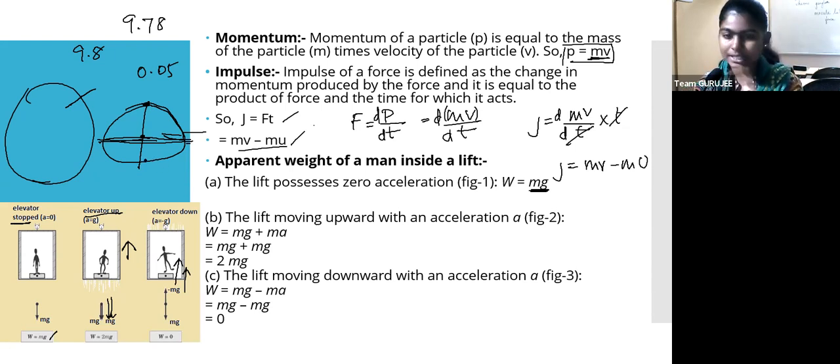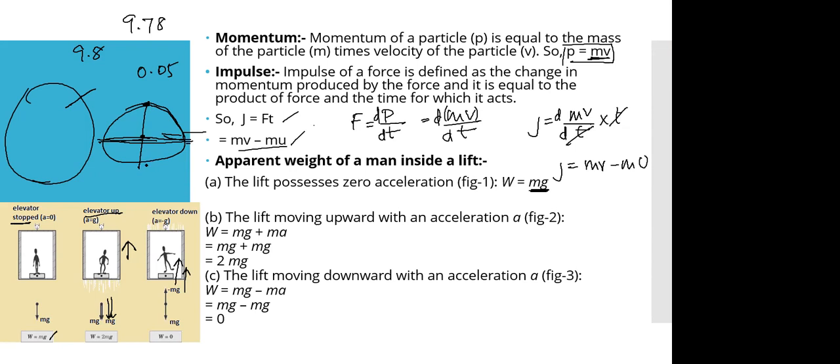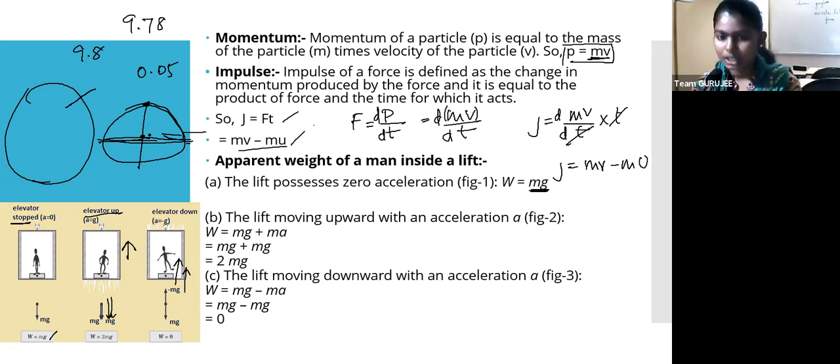For this explanation, go through your gravitation chapter again. There it will be very clear why it is happening. When you move downward, your gravitational pull reduces. Moving upward is very simple: you are not intact with the earth, so you are moving away, and that's why your gravitational pull reduces. But moving downwards also reduces your gravitational pull, for some reason. Go through your material again in the gravitation chapter. You'll get that.